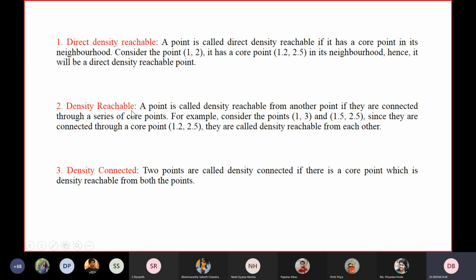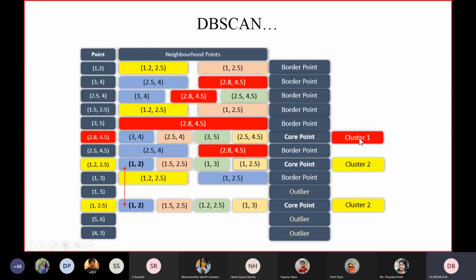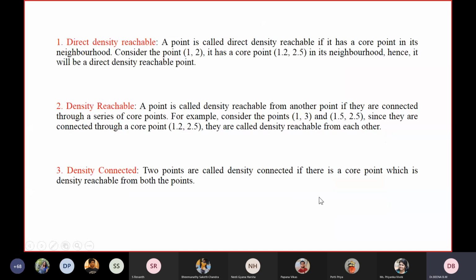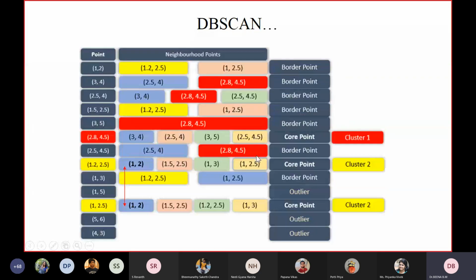Next, density reachable point. A point is called density reachable from another point if they are connected through a series of core points. The points 1.3 and 1.5 and 2.5 are connected through a common series, which is the points 1.2 and 2.5.